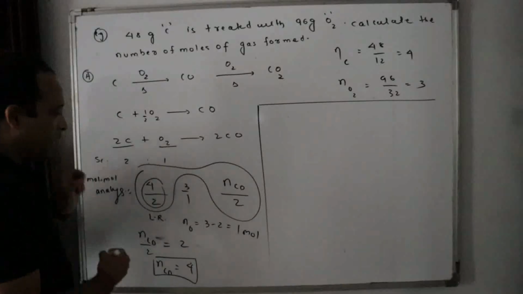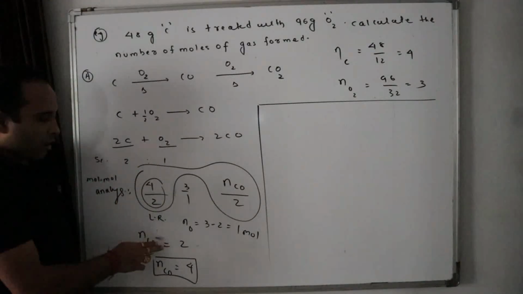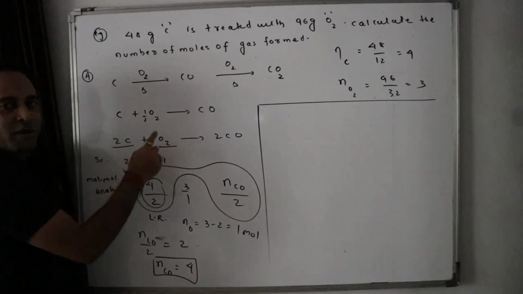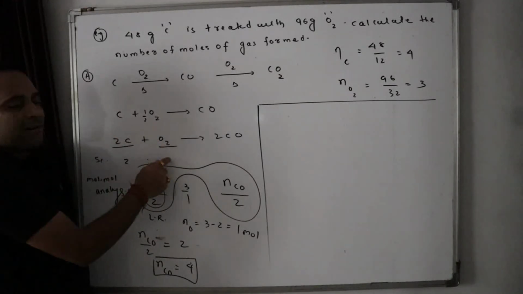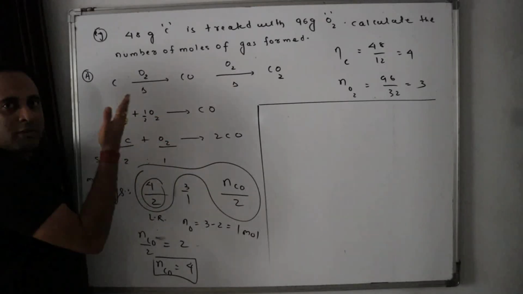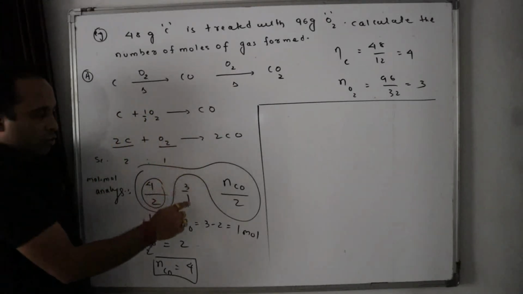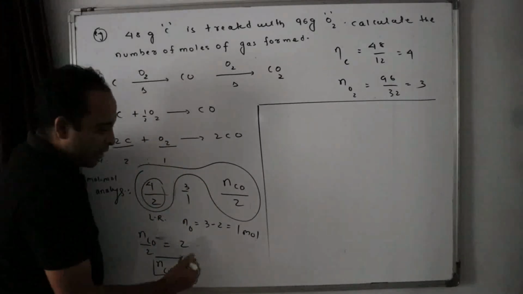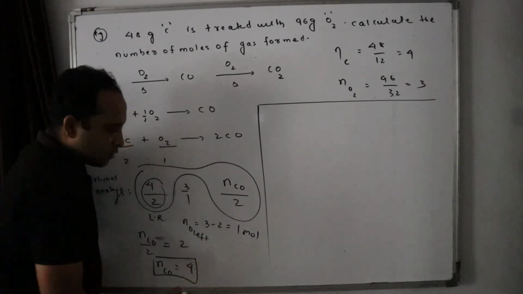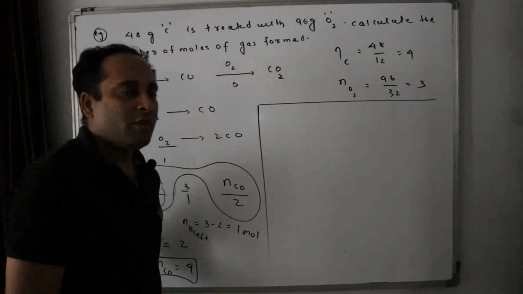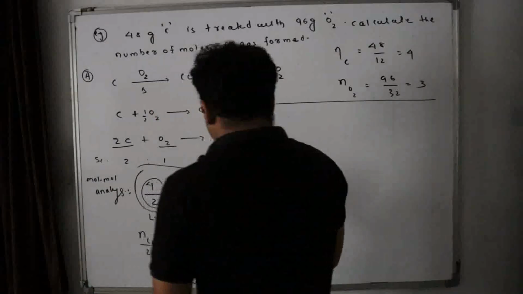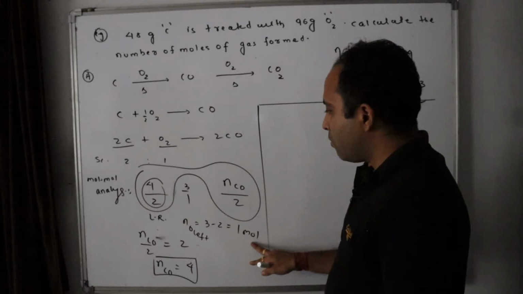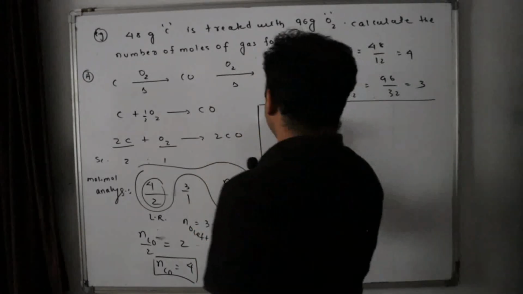Do you understand or not? Look carefully. Entire 4 mole of carbon is used up. 2 mole requires 1 mole, so 4 mole will require 2 mole. So 2 moles of oxygen are used. How much oxygen is left? Number of moles of oxygen left is equal to 3 minus 2, that is 1 mole. Now come to this. Now what do we have with us? Carbon monoxide 4 mole, oxygen 1 mole. They both will react to form carbon dioxide. See how.